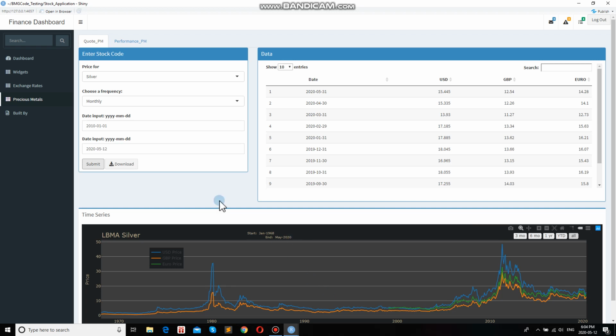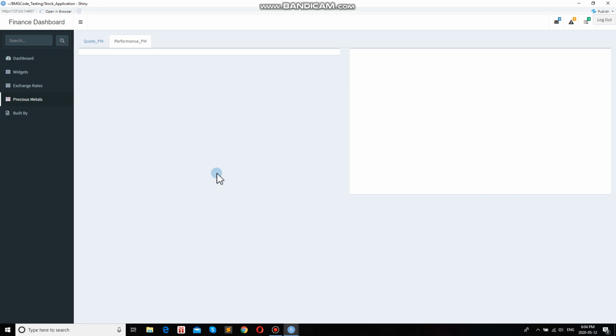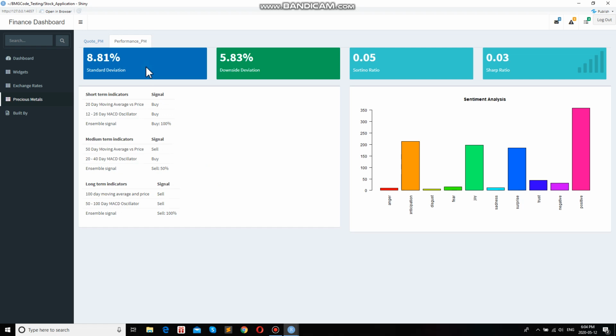Here there is another performance tab that you see here. Again, the user can find the same famous finance parameters on the top. You will also find quantitative data models down here, and the most important and unique item is an interactive sentiment analysis on the right hand side. Here the dashboard scrapes data from Twitter and measures public sentiment every 10 seconds. This way, the user can also gauge an understanding of public opinion regarding precious metals in real time.